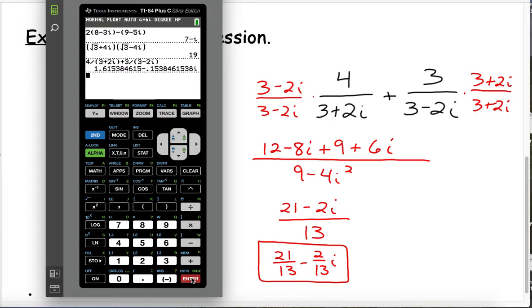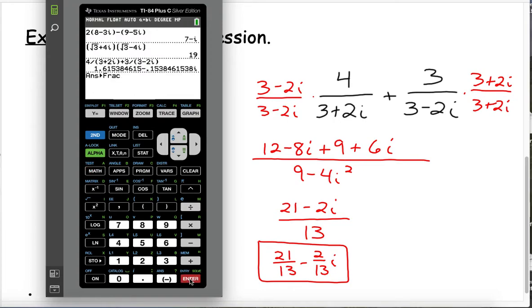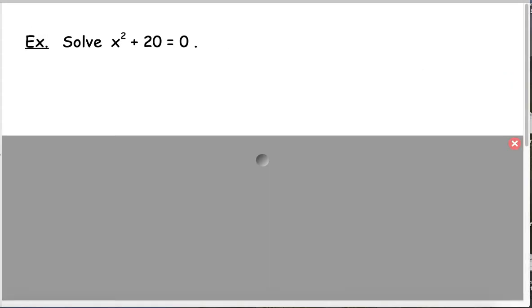Oh gosh, we get all these obnoxious fractions or decimals. But if I press the math key in the first column, and then I choose number 1, which says convert your answer to a fraction, and then press enter again, there's my 21 over 13 minus 2 over 13 i. Pretty handy. All right, I'd like to wrap this up with two more examples of solving equations, which are going